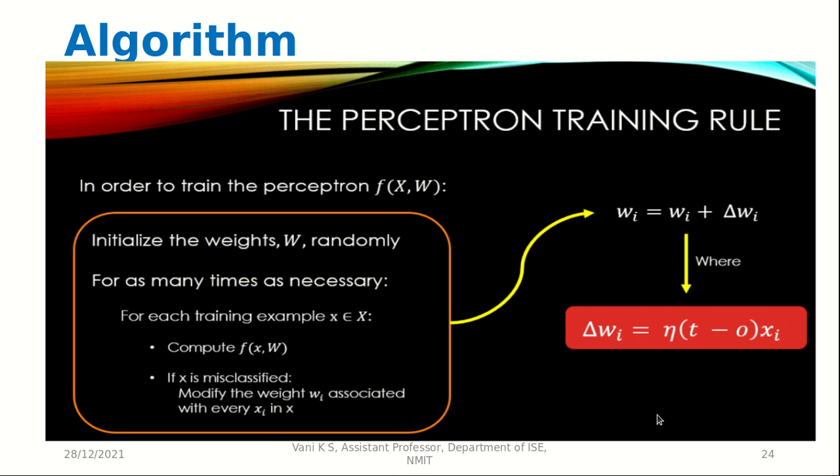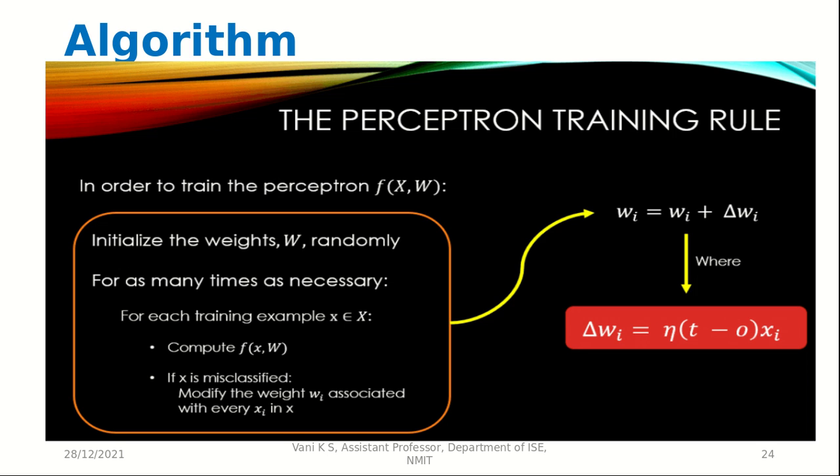Now what is the algorithm for the perceptron training? First, we initialize the weights randomly. We can take any weights we want, and then we decide how many epochs we need to train the perceptron. Then we can choose any number of epochs as we want. If we are actually training them, then it is preferred to use 10,000, but if we are doing the numericals, 2 or 3 or maybe 5 is okay.